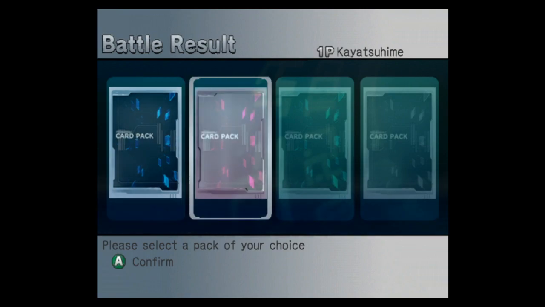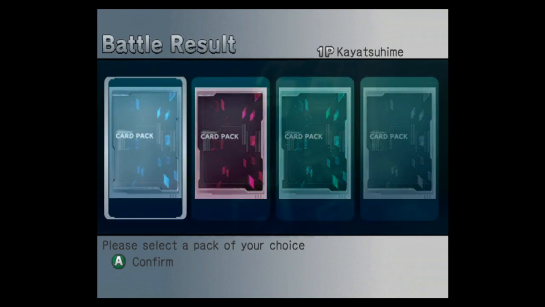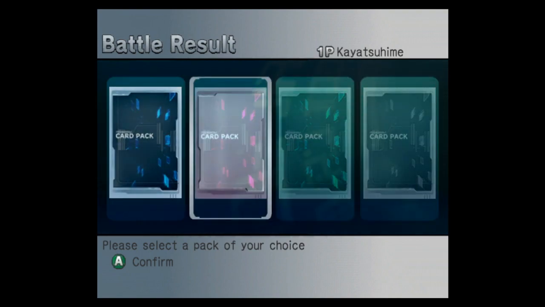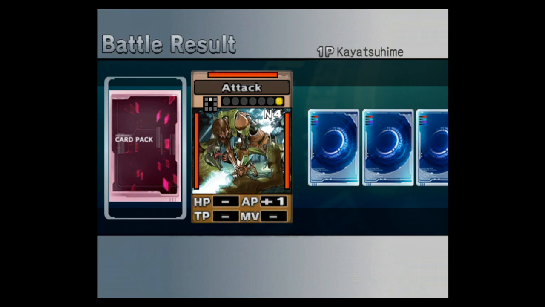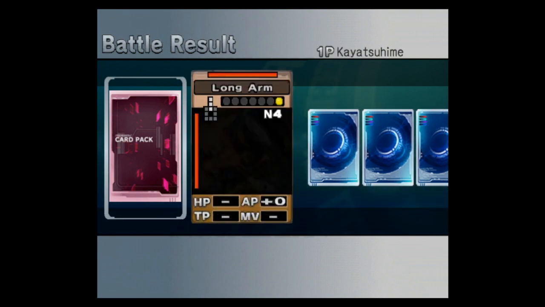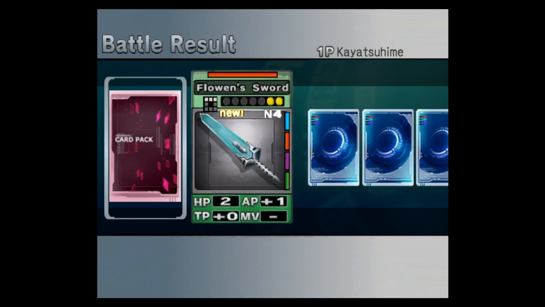Okay, when you win, you get 4 packs to choose from. They contain random cards. Well, let's pick this one, for example. Oh, there are rumors saying that each pack has a priority of specific types of cards, but it's still kinda random, so...